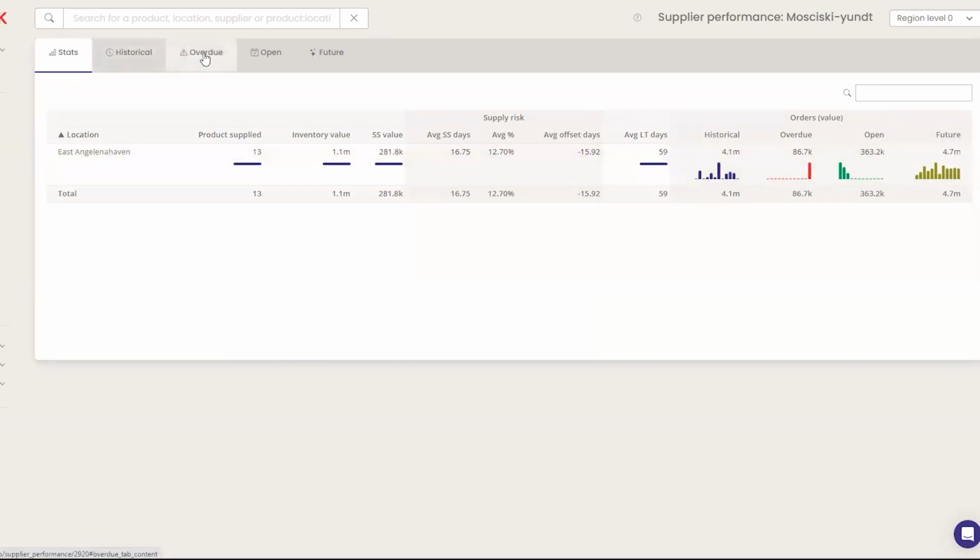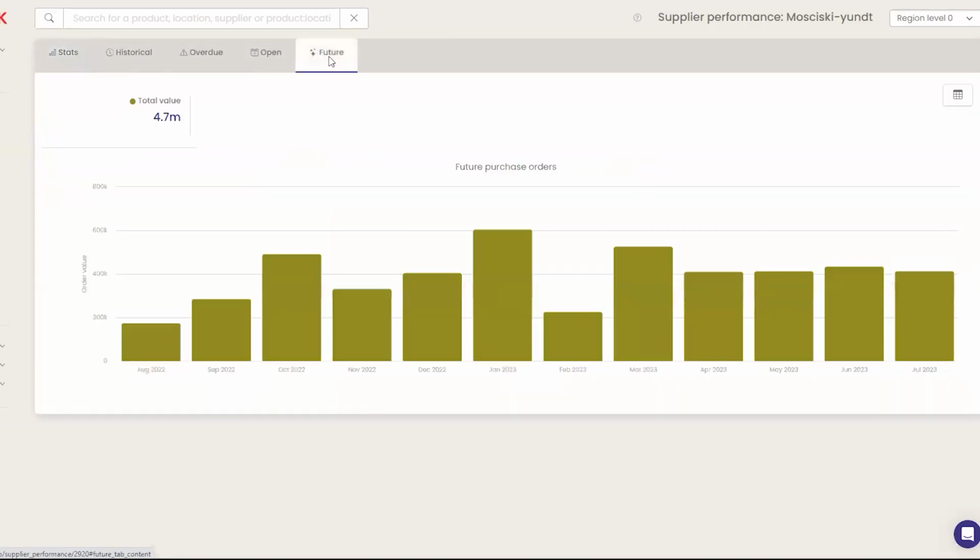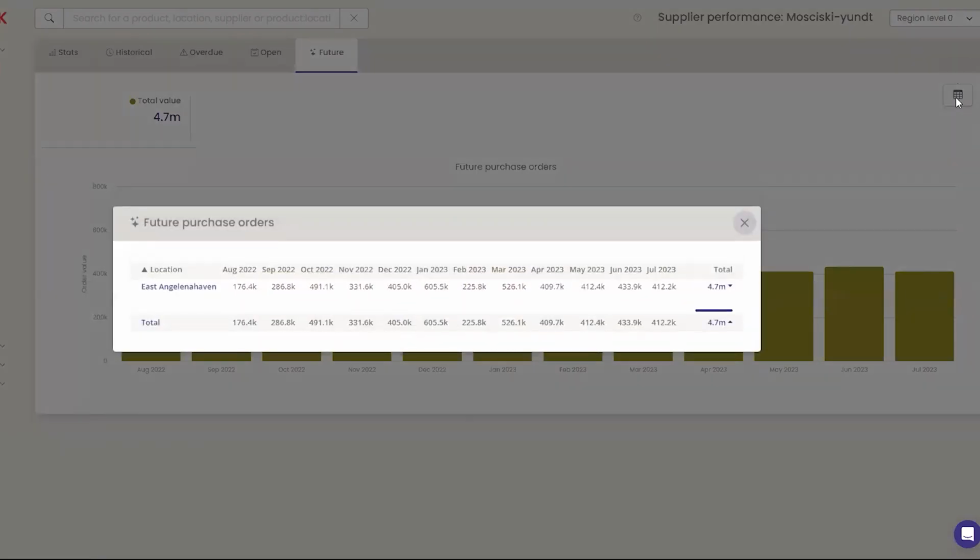So we've got panels for each one of those, but I'm just going to jump into the future one for now so that we can see what our 12-month plan is on how much we plan to order from this supplier to meet our forecasted demand in NetStock. There's a table here where we can actually download this into a report, and then we would be able to send that report to our supplier as our 12-month projection or forecast for what we plan to order from that supplier.